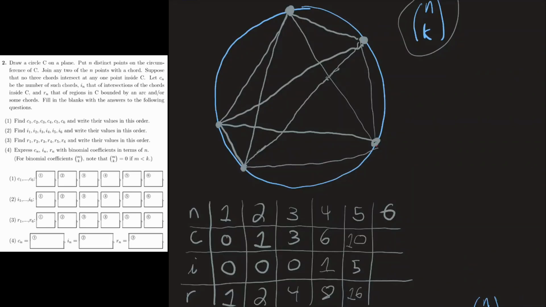And also, remember that the question says no 3 chords intersect at any point inside C. What that means is you cannot have a line that looks like this, for example, where it goes through an already existing intersection right here. That's important because if you did have an intersection like this, then you'll make fewer new regions and fewer new intersection points. So if we drew this line properly instead, if we drew it like this, you'll see that